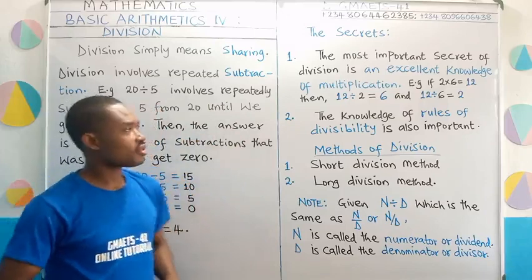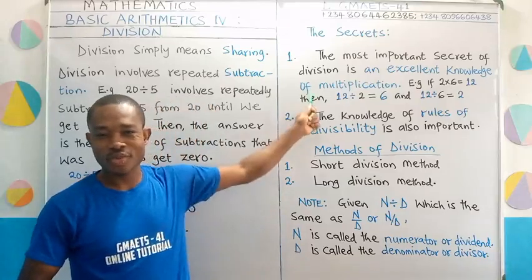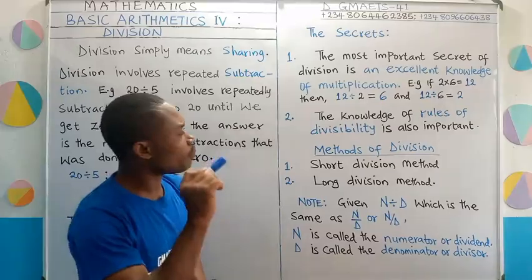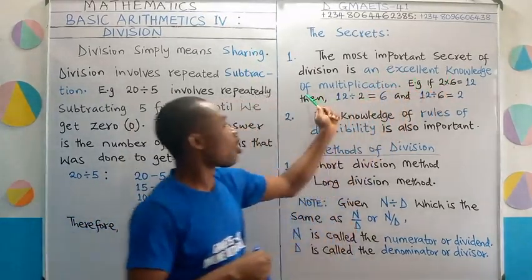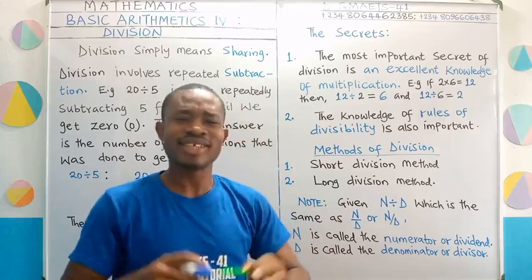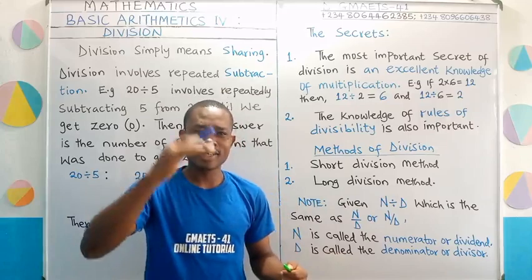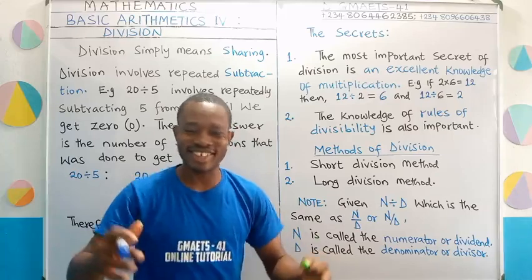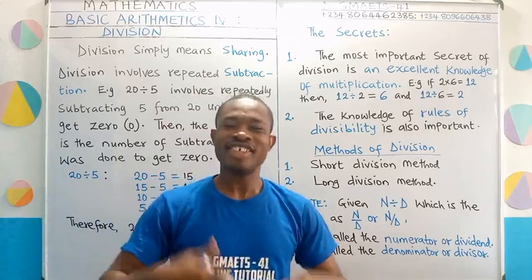The secrets to handling problems on division. Secret number 1. I'm going to read directly what I have on the board. The most important secret of division is an excellent knowledge of multiplication. I did not just say a good knowledge, a very good knowledge. You know, when you are grading something into how well you should do that, we have good, very good, excellent. You should have an excellent knowledge